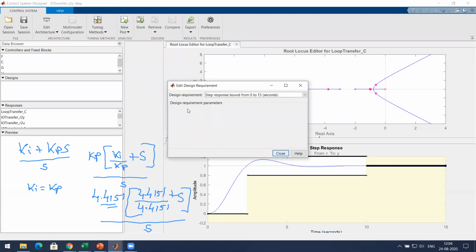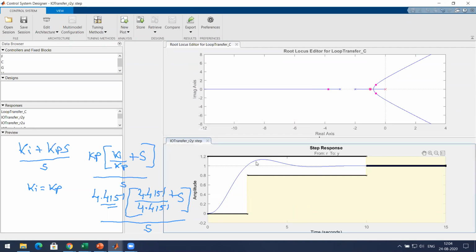You go to this and give the rise time, settling time, and percentage overshoot the way you want it. Everything cannot be met, it is based on the system as well. You cannot give very strict requirements and ask it to meet them. The PI controller may not be able to meet those conditions whatever you do.